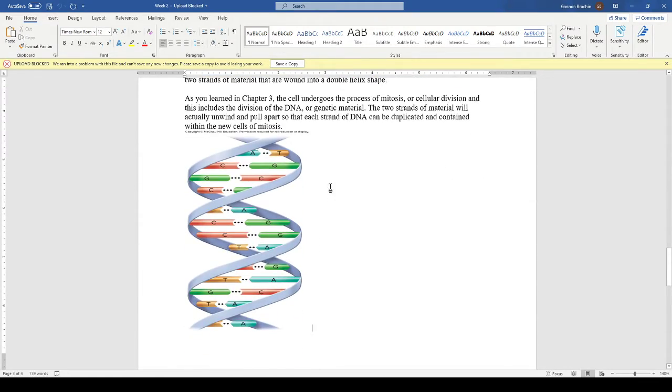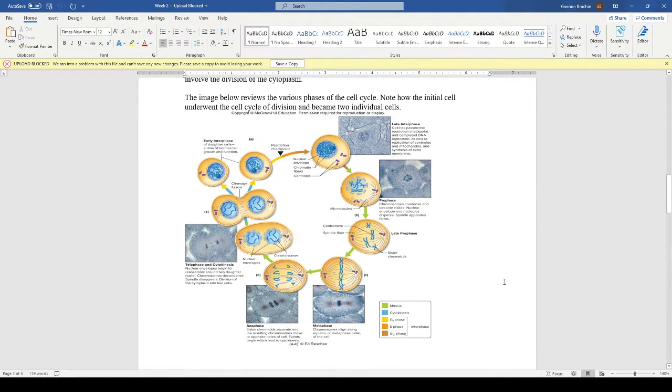What happens is essentially throughout this process, these bonds that connect the 2 strands get separated, okay? So that leaves 2 strands kind of floating about on their own, right? Then we have a piece of RNA show up. That RNA essentially is going to make a copy, and we end up with 2 complete